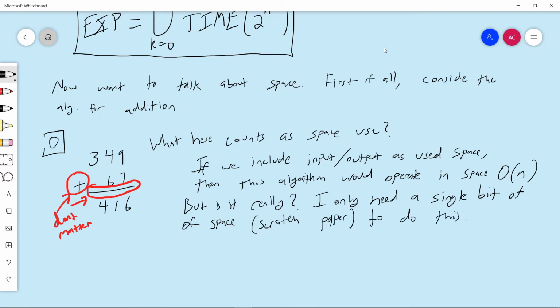So I could say that the input and the output are space use, but then I would get an O of n algorithm when it's pretty clear that this algorithm is better than that in terms of space. Really, this should be space O of 1. It should be space O of 1, and if I include the input and the output as space use, then I don't get that. So the conclusion is that